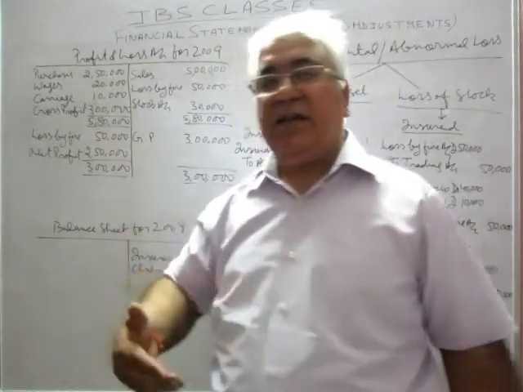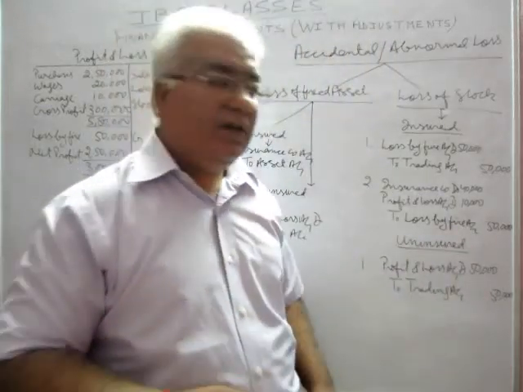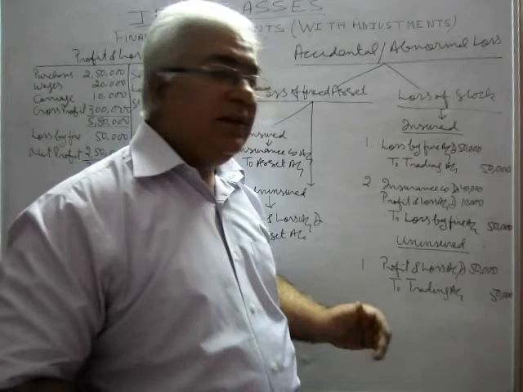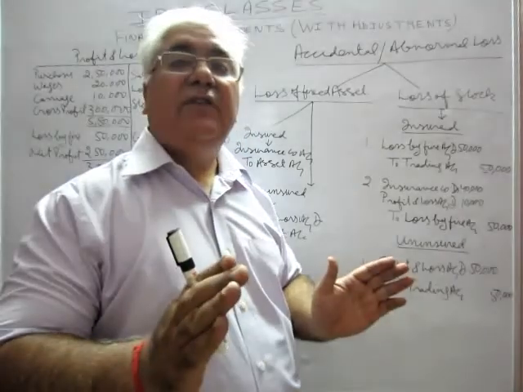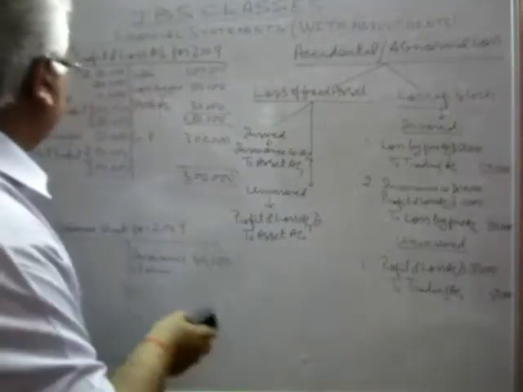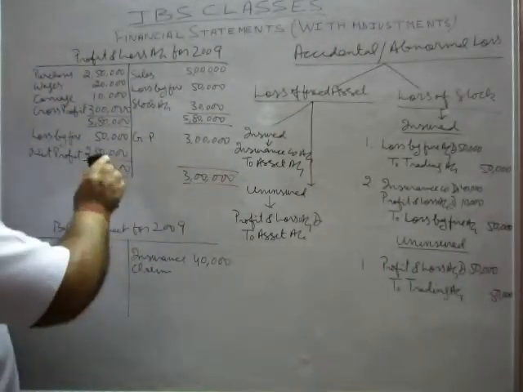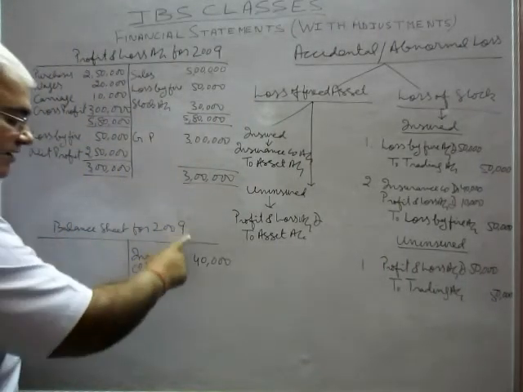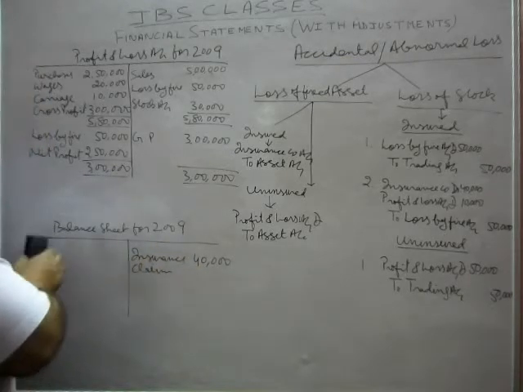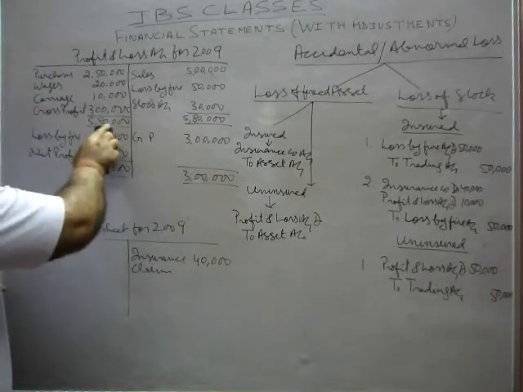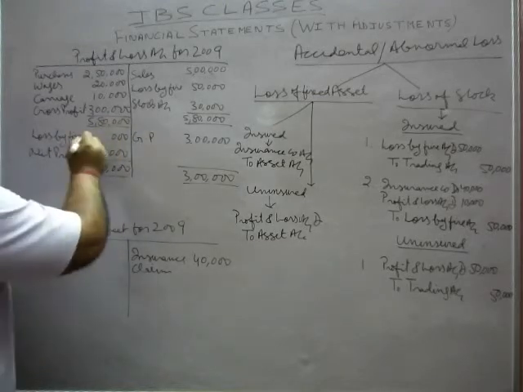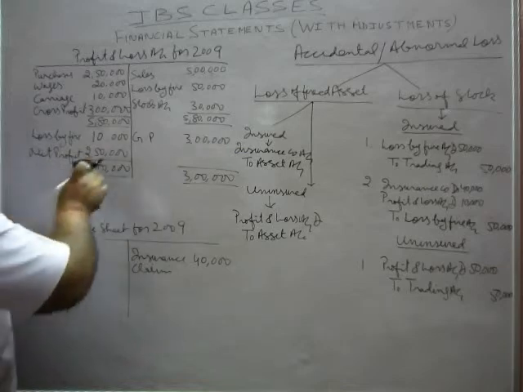But as we were discussing earlier, if it was insured and insurance company has admitted the claim up to say 40,000, then we have to bear loss only of 10,000. So in this case insurance company will be debited by 40,000, and in the balance sheet, on the asset side, they will be shown at 40,000, and our P&L account will be debited only by 10,000 rupees, and our profit will be